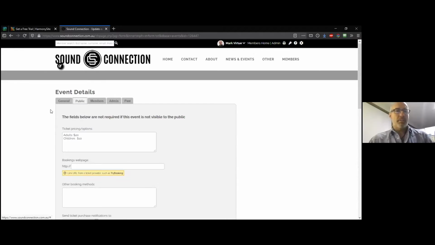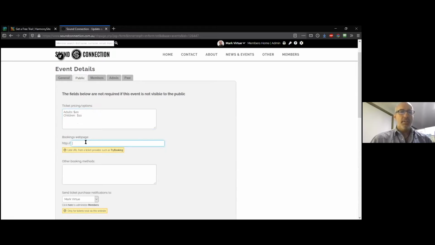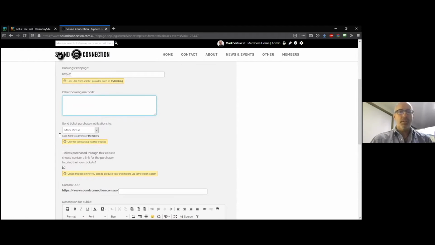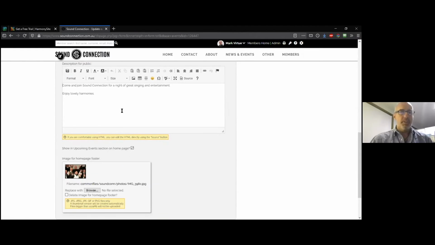Then on the public tab, this is the stuff that's going to be shown to the public if you bother to fill it in. So things like the pricing options, and a link to an external page where people can buy tickets. You don't have to do that, of course, because HarmonySite has its own built-in ticket selling mechanism for events, which I will show you just briefly. Send any ticket purchase notifications to somebody. Details about